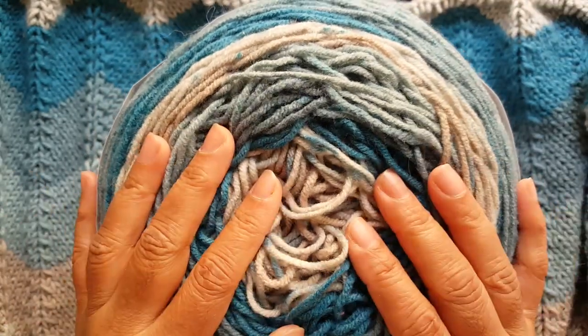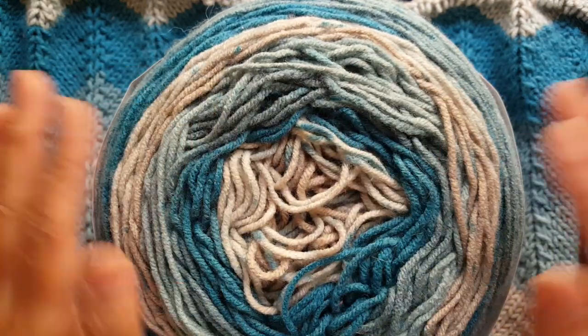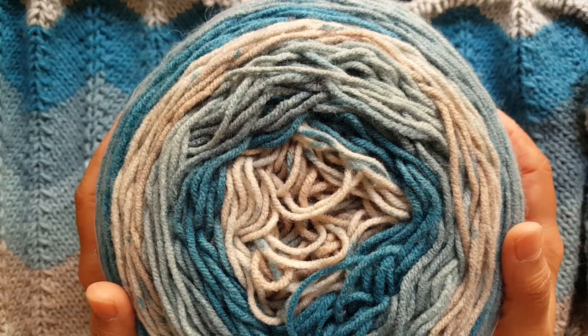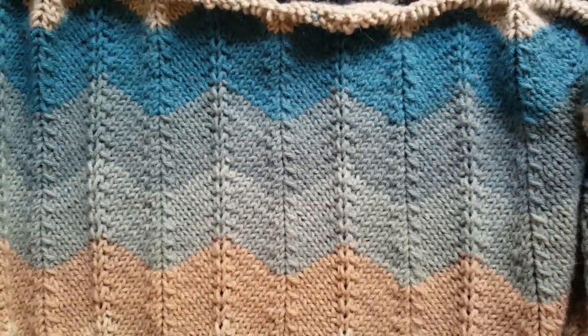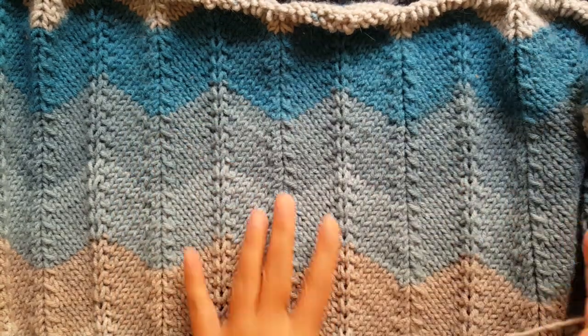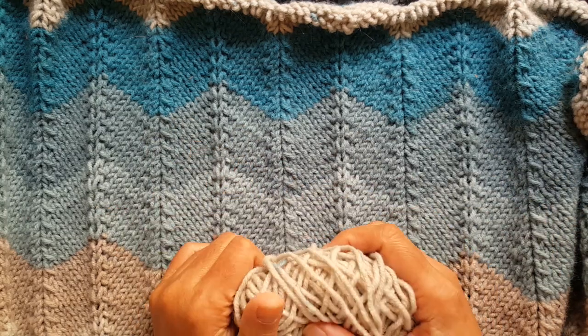But before I do that, just a quick note: if you use this particular skein of yarn and go with the pattern that's on the label or on the website link that I've provided down below, it'll require 3 balls of these 300 gram or 10.5 ounce balls. I am nearing the end of my first ball, so clearly I haven't finished this blanket yet. It'll still take me a while, but I thought I'd go ahead and show you how to do it,